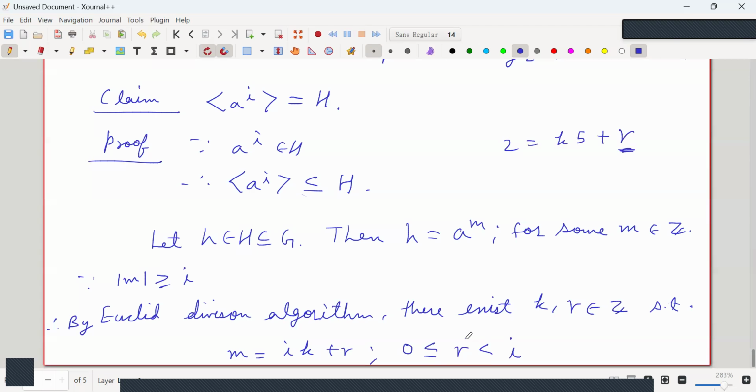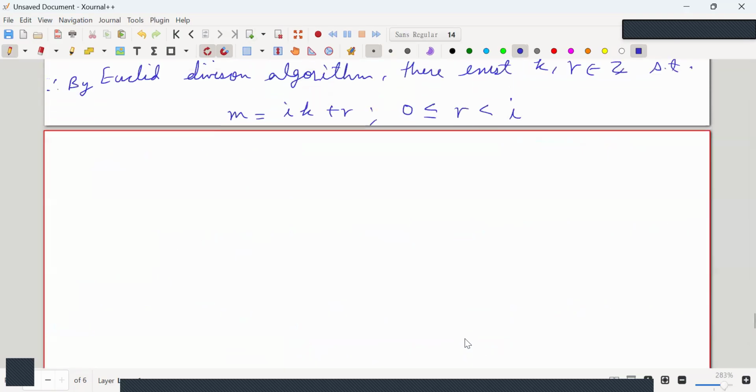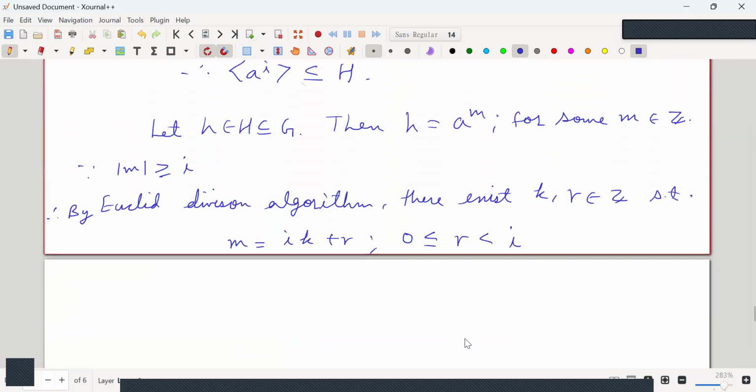Positive and also less than 5. So that's why this is needed. Absolute value must be greater than or equal to this, the absolute value of i. But i is already positive, so its absolute value is i itself. Okay. Now,